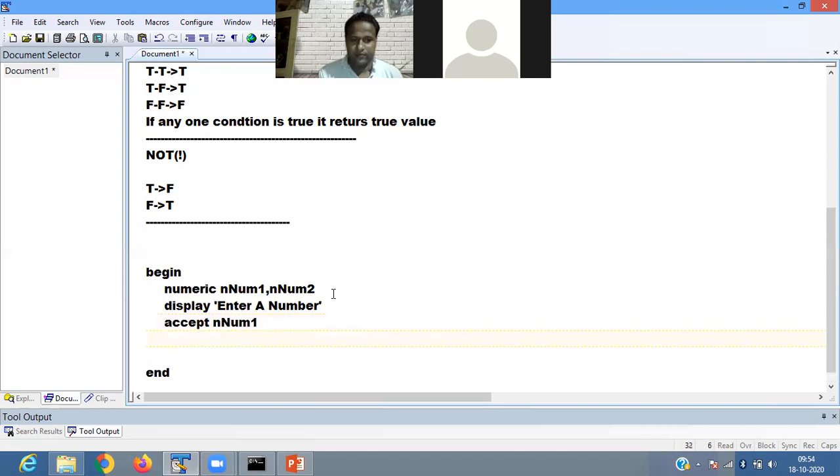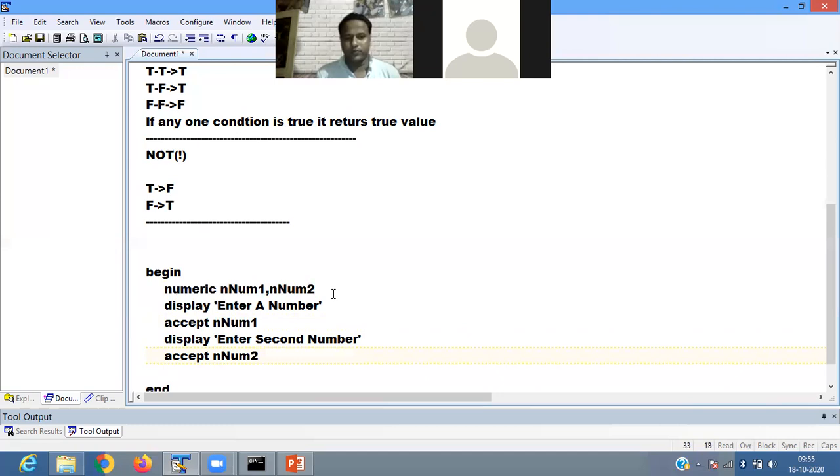Then again display, enter second number, accept in num2.